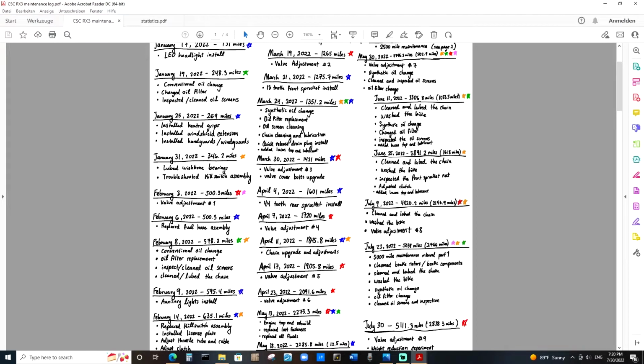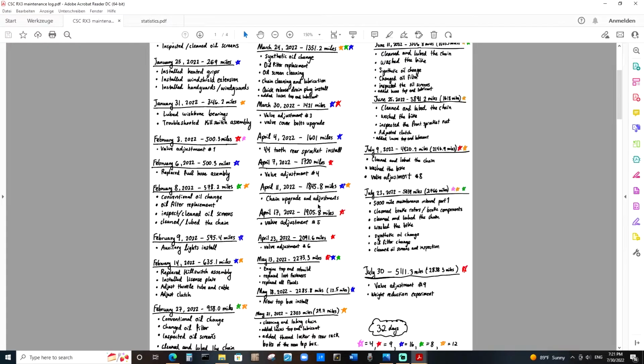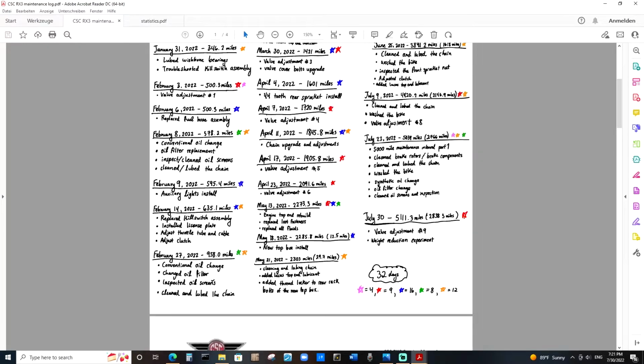I put the 44 tooth rear sprocket back in, and we ride for about 300 miles, as we see, and we do another valve adjustment. This one as well. This one on April 7th. This one is not documented, and the reason why I didn't document it is because I didn't really know that these valve adjustment issues were that much of a big deal